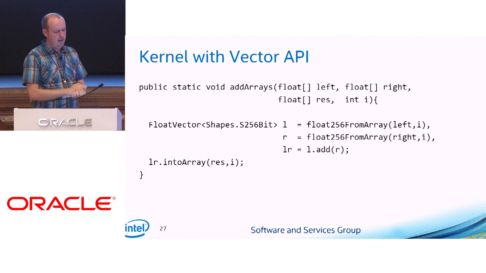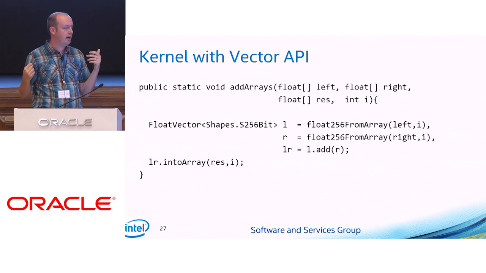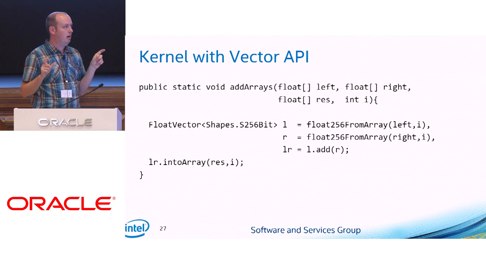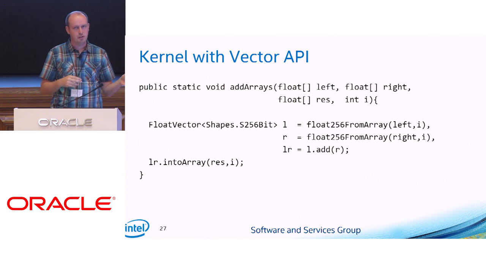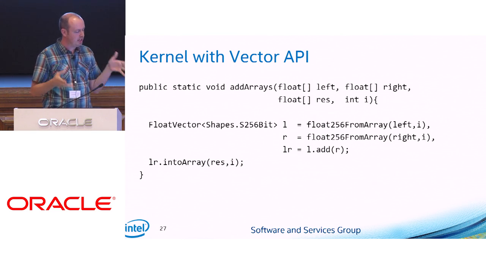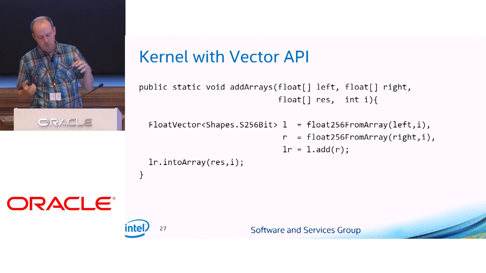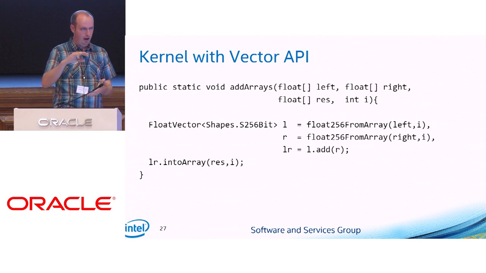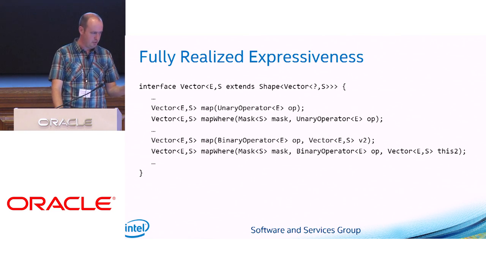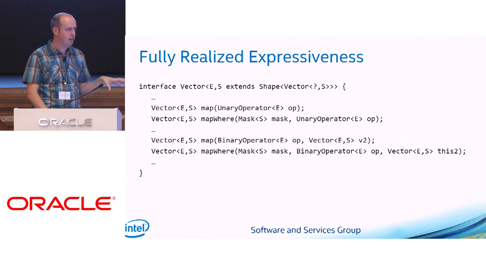But I'll say right now that given the way that longs need to be boxed, we're still working out this problem. The vector API in its sort of wrapped form sees a lot of artifacting of the long objects on the back end in the code generation process. So we are working on it, but we're also investigating other approaches to complement the vector API, specifically approaches to deal with some of this fully realized expressiveness that we are really interested in being able